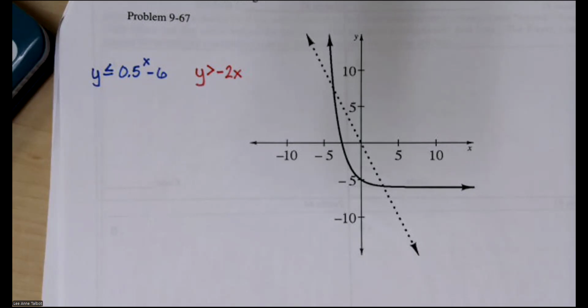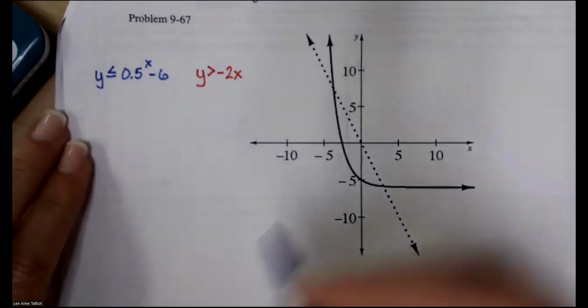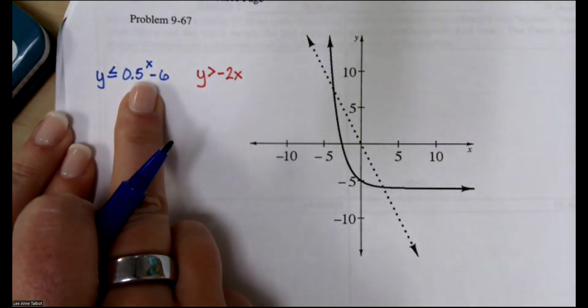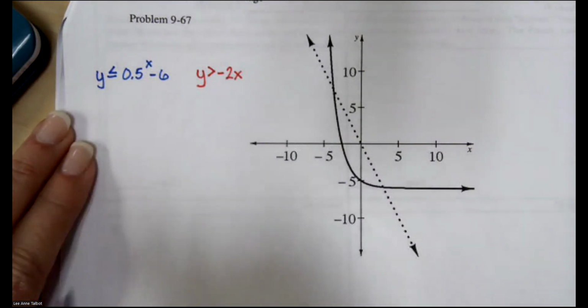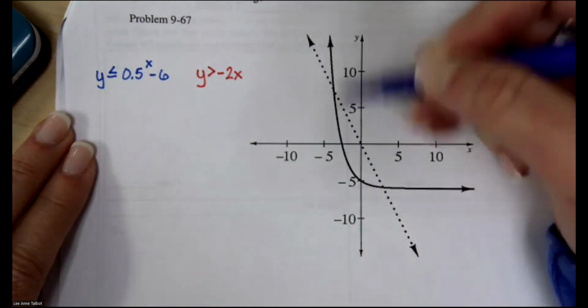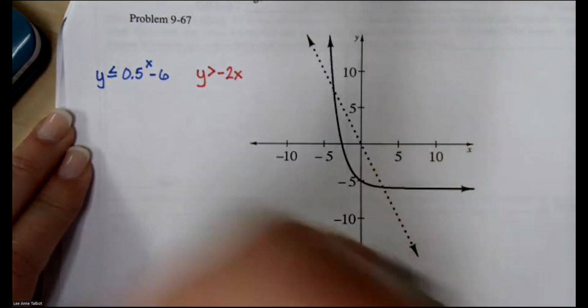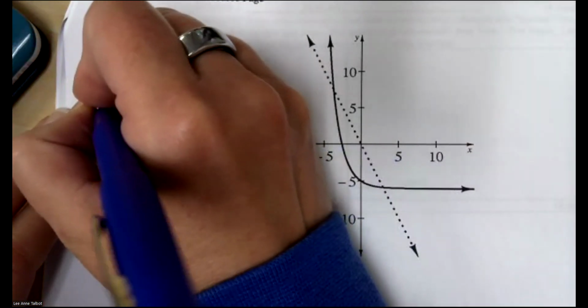Okay, now what we're gonna do is test to figure out where to shade, but we're not gonna test on the bottom ones because we're gonna use reasoning, which some of you guys will like, because you're thinkers like that, which I appreciate. Now on the curve, is it okay to test 0, 0? On the curve, just looking at the curve, my question is, is the curve going through 0, 0? No. Okay. So it's okay to test 0, 0,